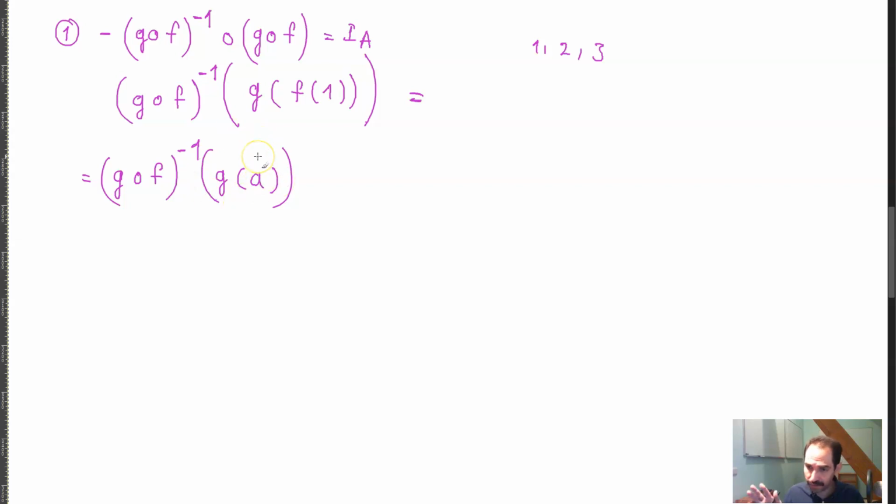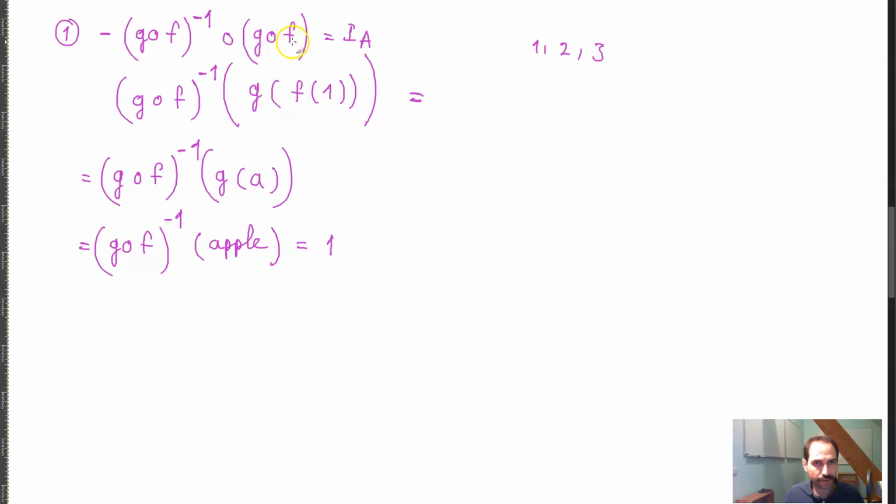G of a in the function g is defined as apple. So I can write this as (G∘F) inverse of apple. Now (G∘F) inverse of apple is equal to 1. This is equal to 1, which means that (G∘F) inverse of